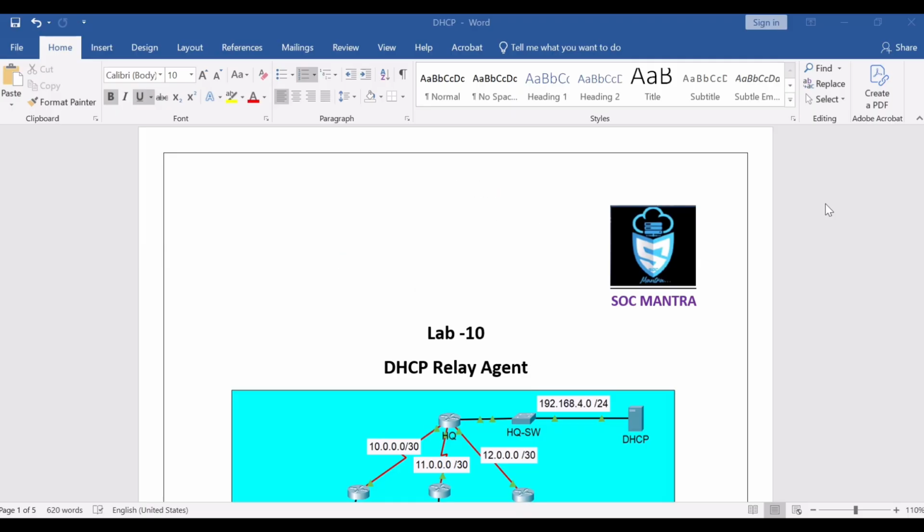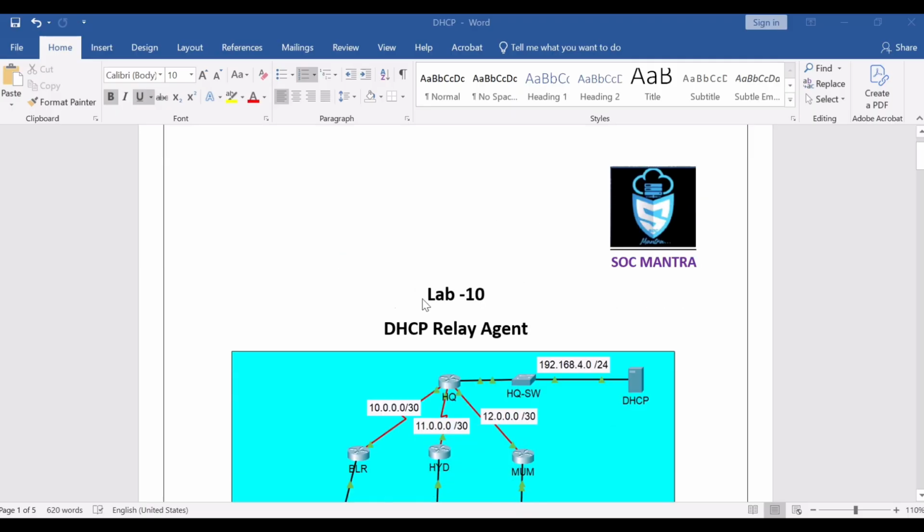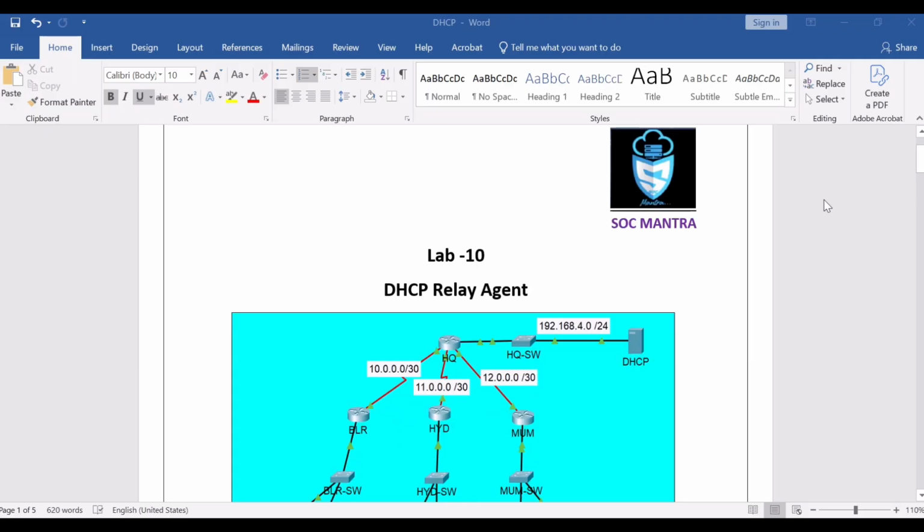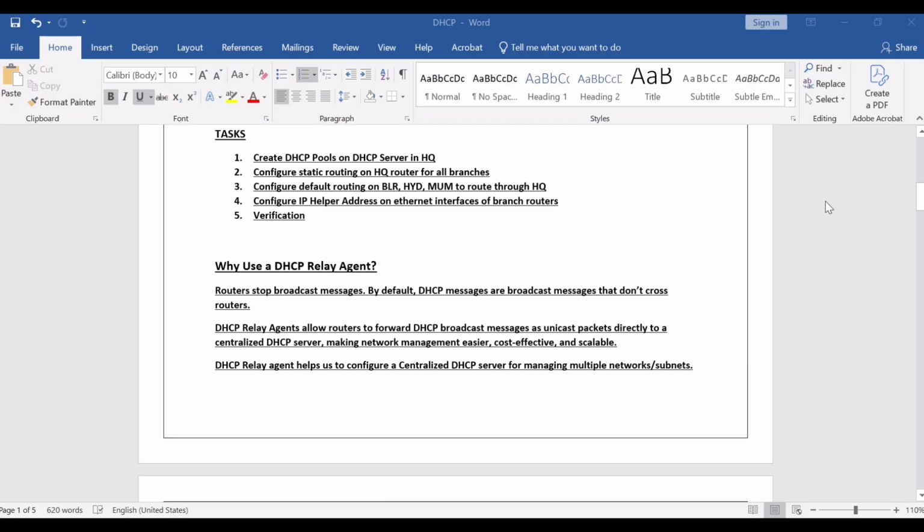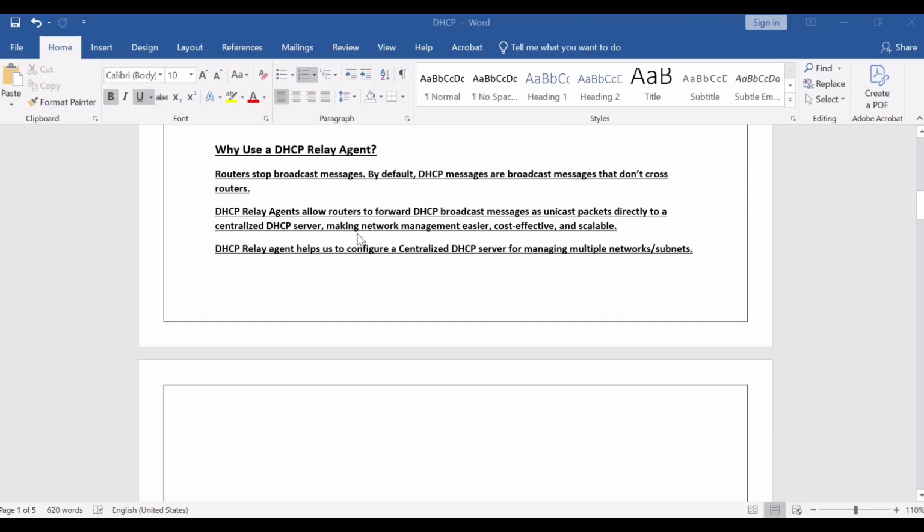Before going to the lab objectives of the DHCP relay agent, let's learn a little bit about it. What exactly is a DHCP Relay Agent? So why do we use it? As you know, routers stop broadcast messages, and by default, DHCP messages are broadcast messages that do not cross the routers. So DHCP relay agents allow routers to forward DHCP broadcast messages as unicast packets directly to